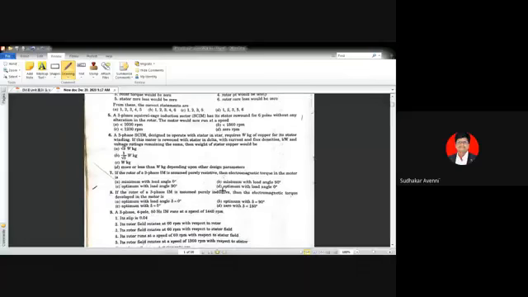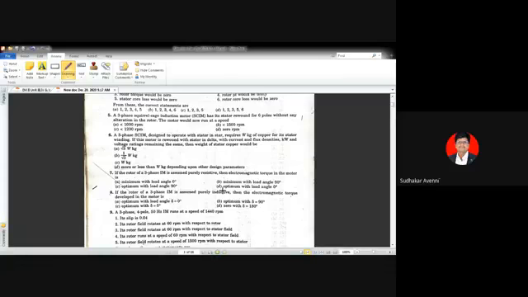If the rotor of a 3-phase induction motor is assumed purely resistive, then the electromagnetic torque in the motor is: A, minimum with load angle 0; B, minimum with load angle 90; C, optimum with load angle 90; D, optimum with load angle 0. Here there is a formula. Actually, what is the question asked here?